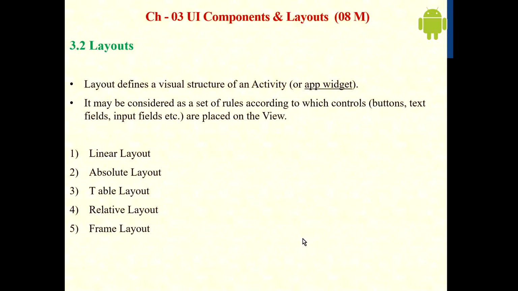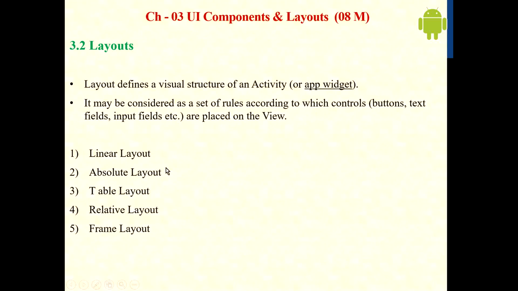Okay. Then we see layouts. Layouts define the visual structure of an activity or app widget. It may be considered as a set of rules according to which controls, that is button, text field, input field, are placed on the view.